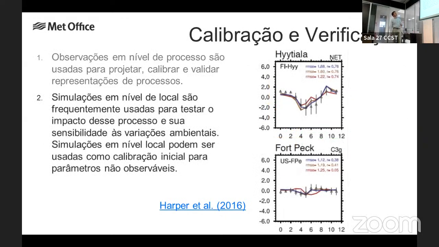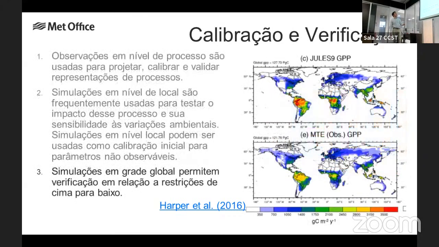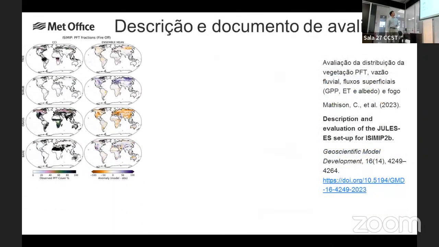And then this is also looking at GPP, I think. So more site-based simulations. And you can see the impact of certain processes on the carbon cycle, as it were. And you can also couple it from remote sensing as well to assess how well the model's doing. And there's so many facets of the model you can look at. So this is